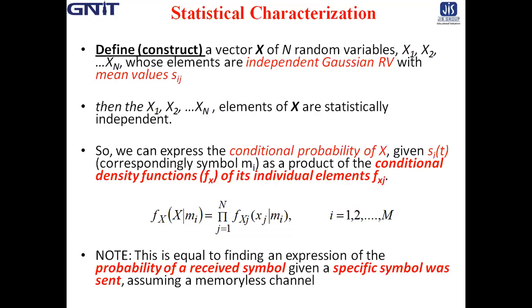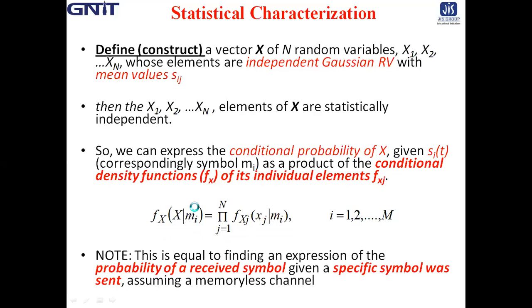Since the elements of the vector x are statistically independent, we may express the conditional probability density function of the vector x, given that the signal Si(t) or correspondingly the symbol mi is transmitted, as the product of the conditional probability density functions of its individual elements, as shown here, that is f